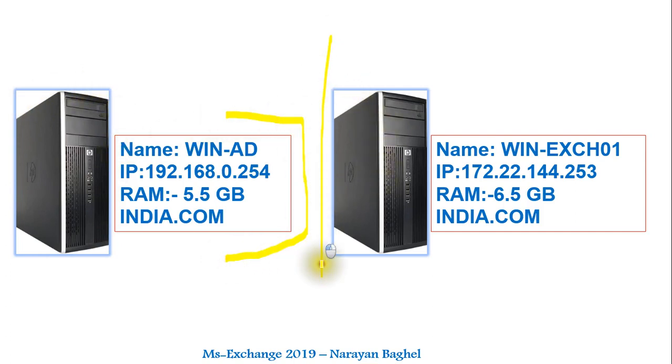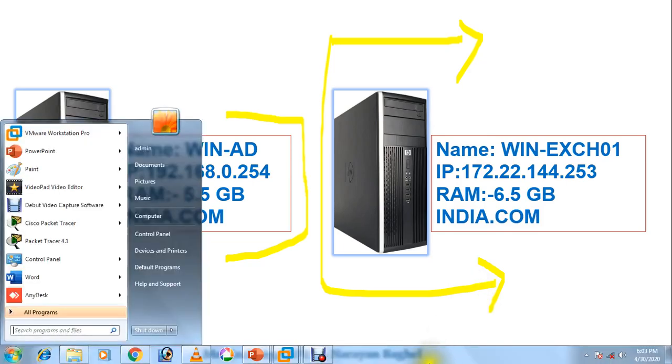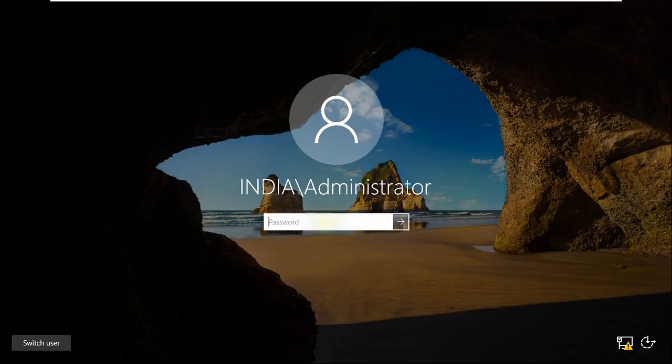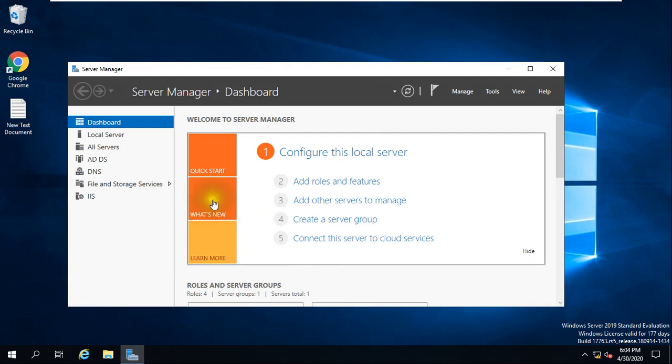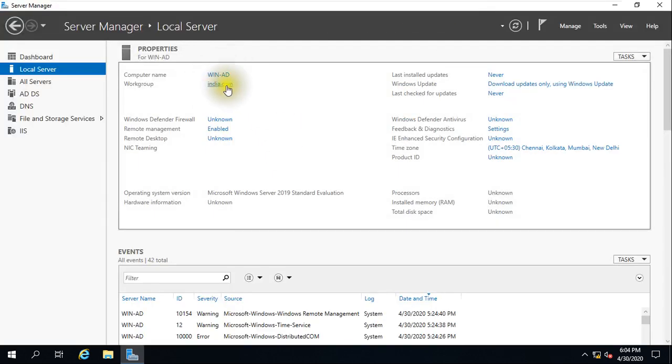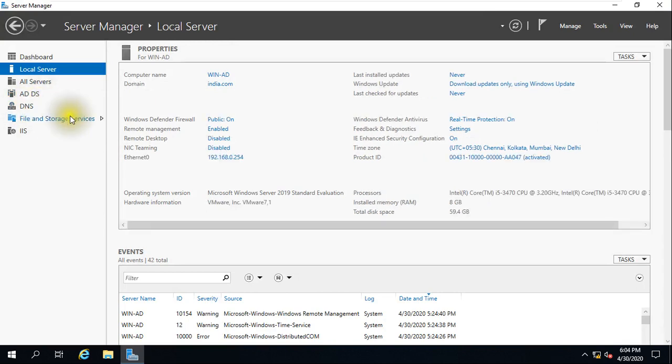And the second server is the Exchange server. On this server we will deploy Exchange Server 2019. As of now I have just installed a server, and that's it. Nothing is configured. This is my Active Directory. I will show you. If you go to local server, I deployed just india.com as my domain name, with Active Directory Domain Services, DNS and IIS, which I used for the web deployment configuration video I uploaded.